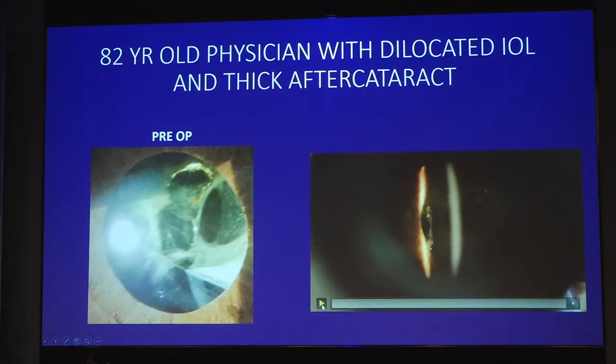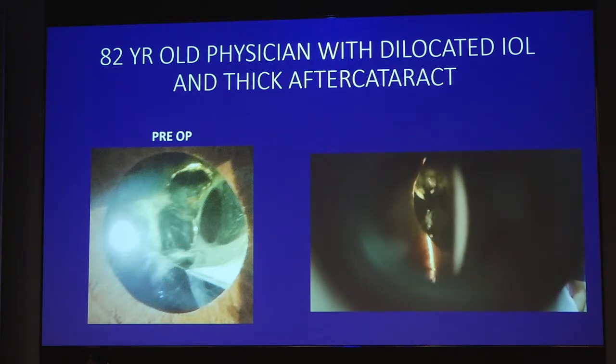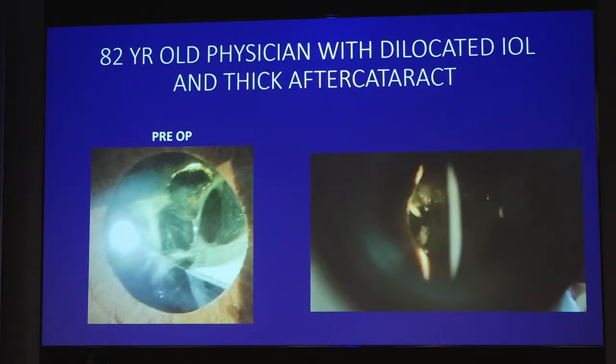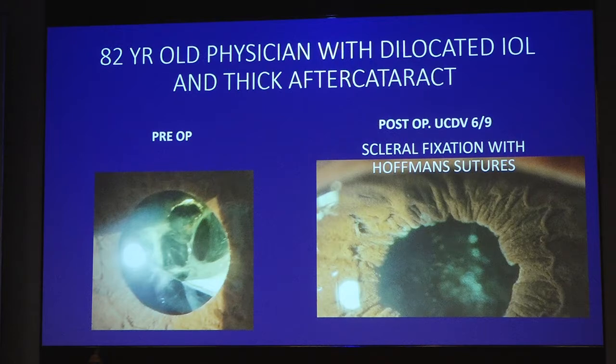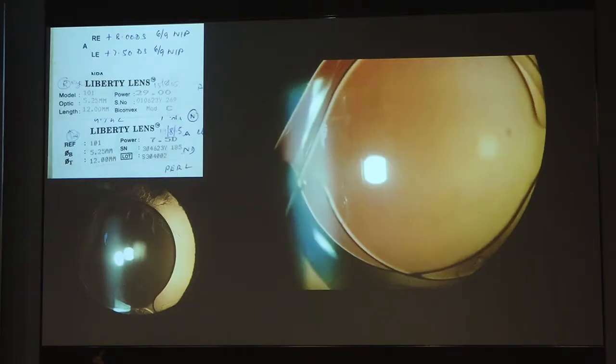And here you can see that he has a little bit of vitreous peeping through the small PCR here, and the previous surgeon has put a nice lens in the eye, but he has severe fibrosis and upward dislocation. So in this particular patient, I removed the lens, did an anterior vitrectomy, and then did a scleral fixated lens using a standard calculation. And here you can see the scar of the Hoffman pocket, which was created. And the iris hooks were used, so the pupil has become a little larger, but basically he got 6/9 uncorrected and is reasonably happy.